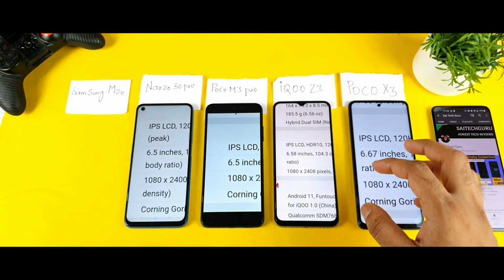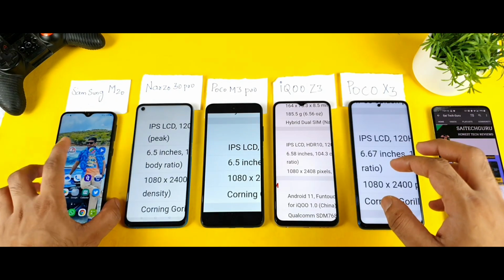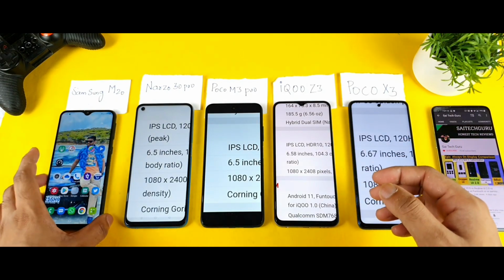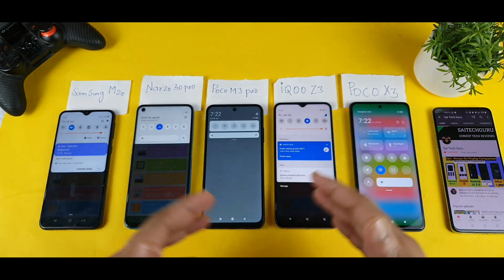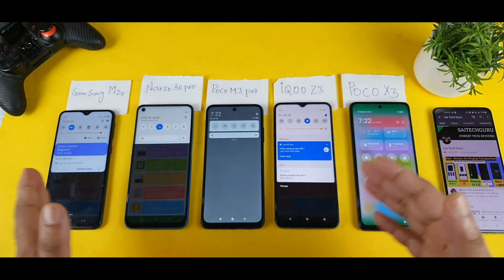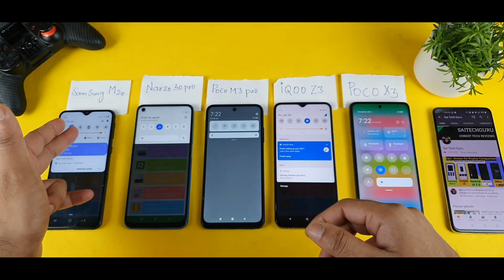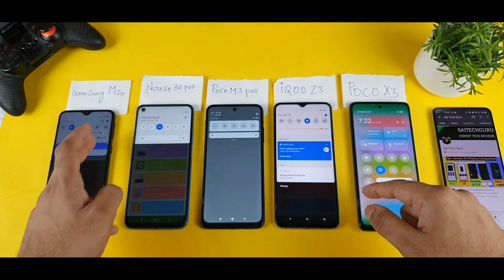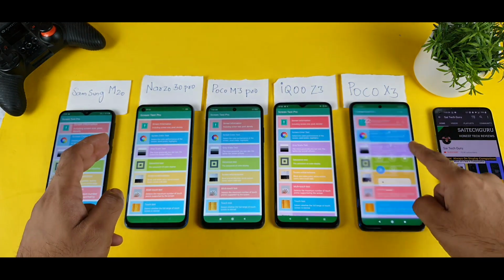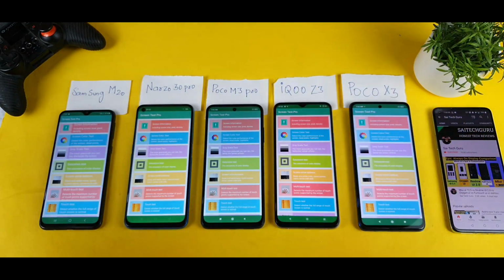So now let's start with the application which I'll try to use for calibration, to test which phone has got what kind of calibration type of screen. This part of the video I won't be editing any colors or doing any editing. So just to make sure that you know exactly which display has got what type of panels, as you can see, all the phones I did increase to the maximum peak brightness at this time of calibration. So now I'll try to use this Screen Test Pro as a calibration application to test all these phones' colors.